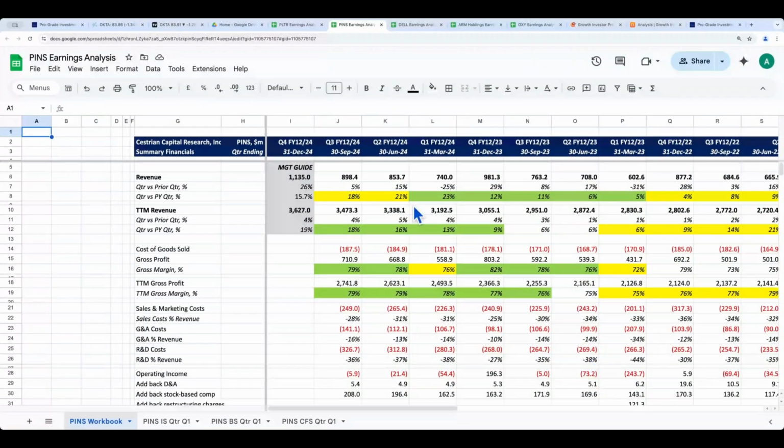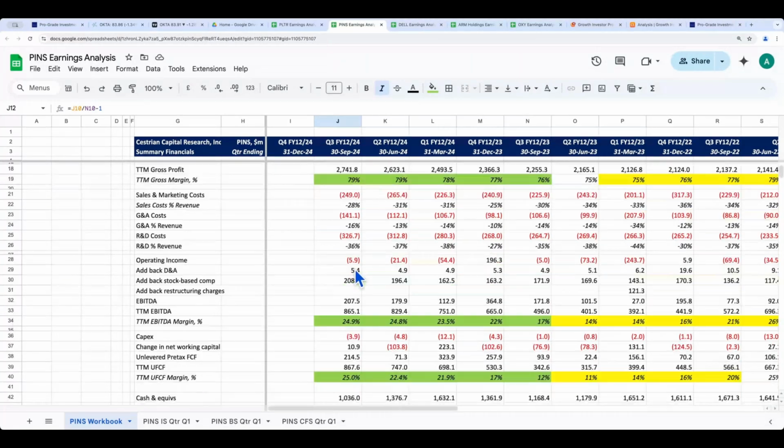So revenue growth has fallen somewhat. So we had a peak up here, 23 points growth in the March quarter, dropped down to 18 this quarter. TTM, 18% growth. TTM is a flywheel, slower to speed up, slower to speed down than the quarterly print. Gross margins still really good, 79%. And then it's a nicely profitable business, and they manage their cash well. Look, 25% trailing 12-month EBITDA margins.